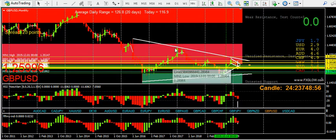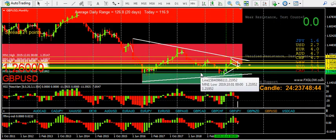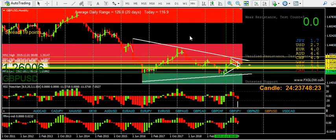But this chart looks a bit like Spaghetti Junction again, but it started off as a clean chart this morning, and it was really to gauge which way I thought the cable or the pound would go at 8 AM. Because I always like to try and trade this session, because it's been tested so well by Billy TT on Forex Factory. So another nod to the experience of him. He's an ex-professional trader, and his thread is full of